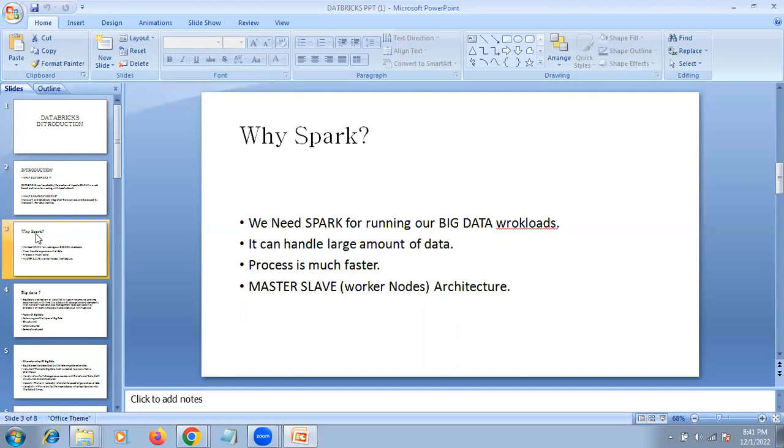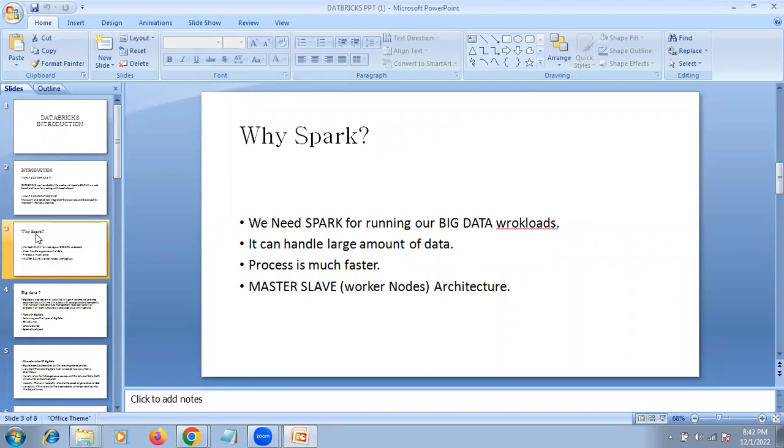So now the data which is being generated is a very huge amount of data. It's in, we can say, petabytes. A huge amount of data is being generated, and it is not possible to process that data on a single particular machine. Suppose we have our system with 16 GB RAM, or we can improve it to 24 GB, but not more than that. So handling processing of petabytes of data won't be possible on a single machine.